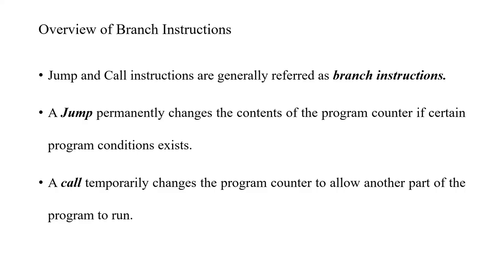A jump permanently changes the contents of the program counter if certain program conditions exist. What it says is that any program has its own flow of execution. Normally we know about the program counter. What does the program counter do? It will hold the address of the next instruction to be executed, and whenever there is a